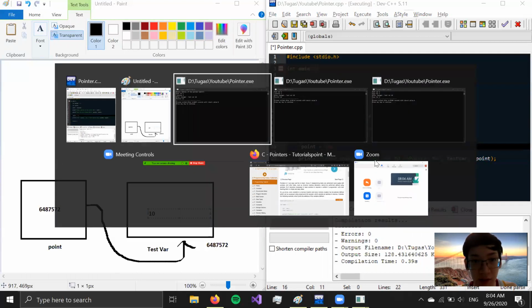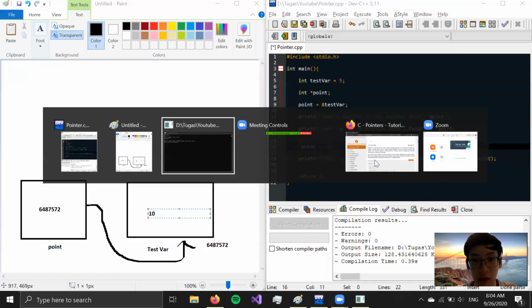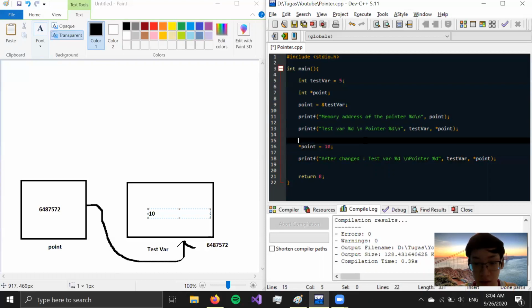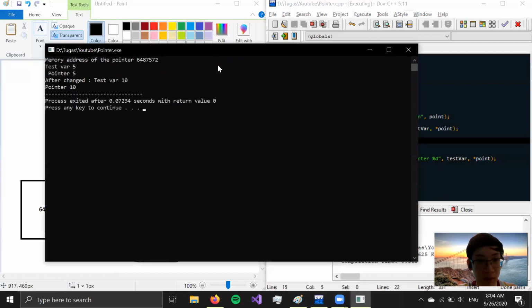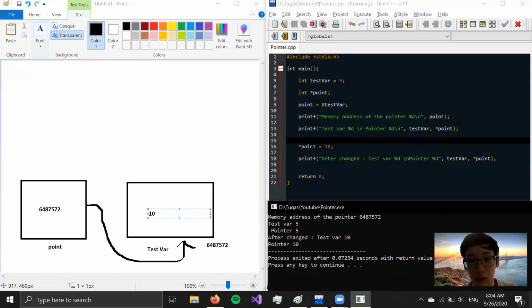Let's give it a try. Let's exit this, and exit this. Let's give it a try. And as you can see, it is also changed. So we are changing the pointer, the value. So asterisk is for printing the value. So when you are using asterisk point and you are giving it a 10, then you are telling that the value of this